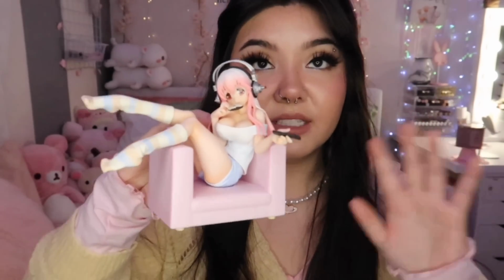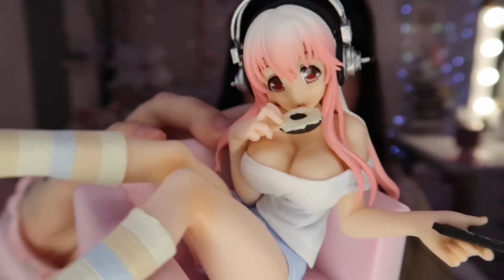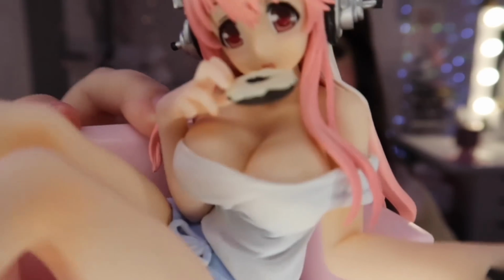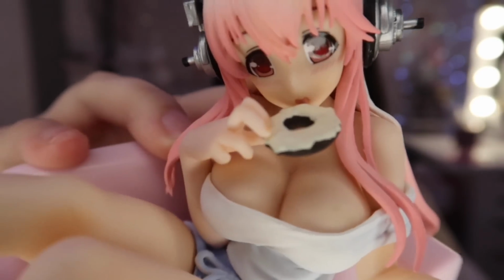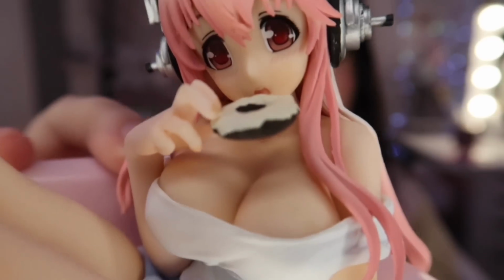And I think it's so cute how she's sitting, and the couch itself is giving me life. Like, this sits on its own because it's so cute. I love her. This lighting makes her look very dark, but I promise she's a really pretty pale color. And it came with extra, like a